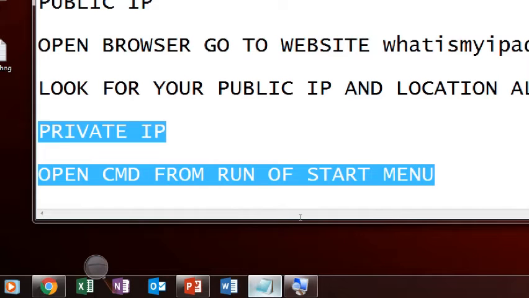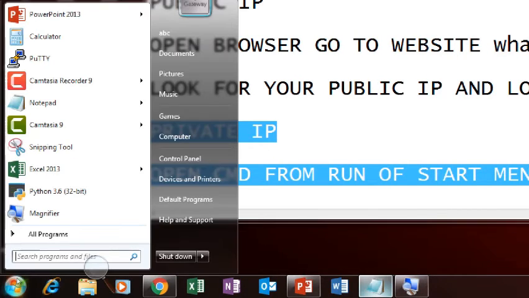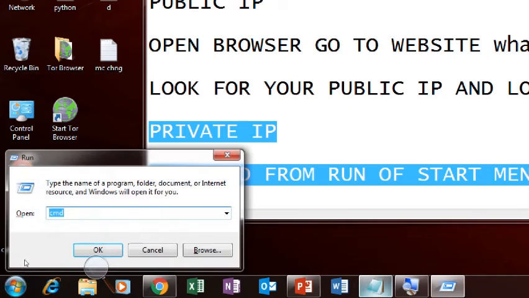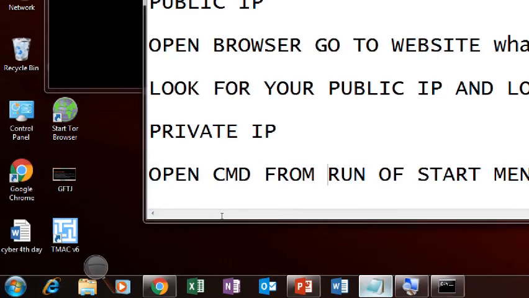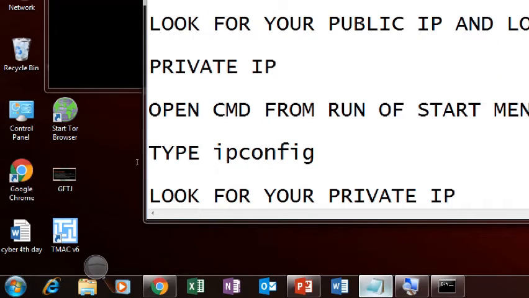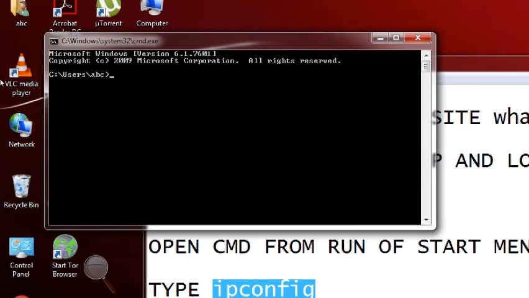Now if you want to find your private IP address, we have to open our command prompt from the run start menu. So I'll just go to start, write here run, open my run, and then type CMD and open my command prompt. And in command prompt, I will need to type a simple command, that is ipconfig. So I'll just go to my command prompt. I will type here ip